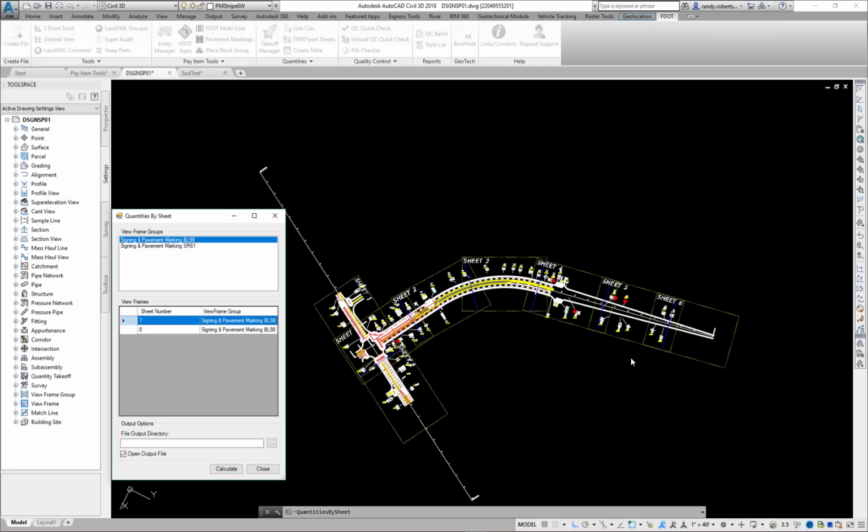All right, so I can select both, and currently I have 8 view frames. And if I wanted to run a report on all of them, I would left click, hold my left mouse button down and drag it down, let go. Or you could use Control to select all your sheets. For your file output directory, you would put it in your calculations folder in your project. You can do like this example, every view frame, or you can just do an individual sheet